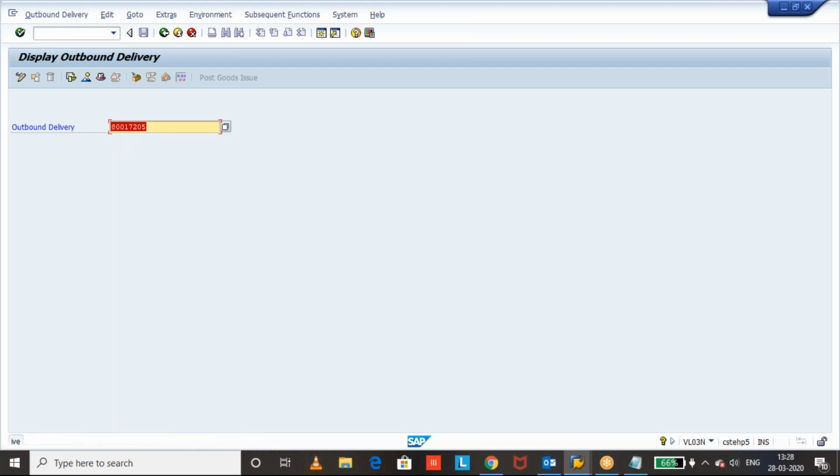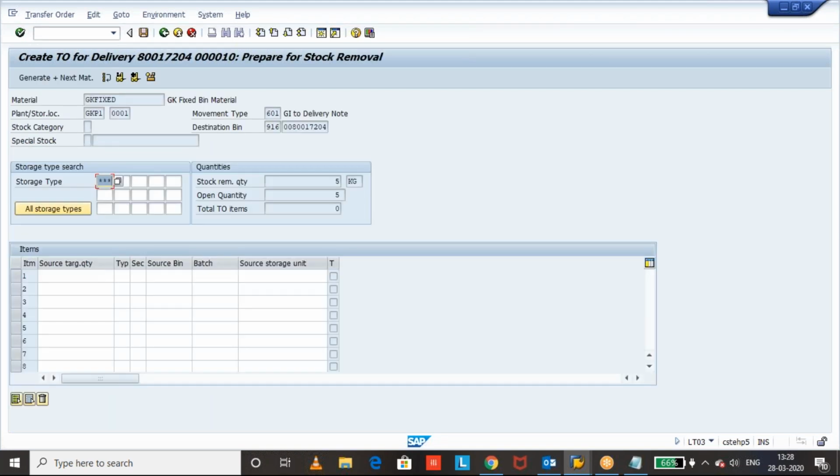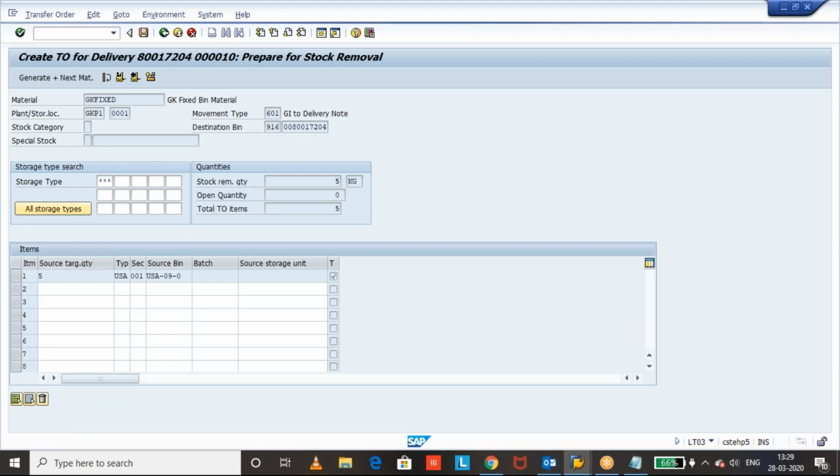The quantity is 5. LT03, JK1. Okay, this is the 5 quantity. Click on foreground and enter, save.